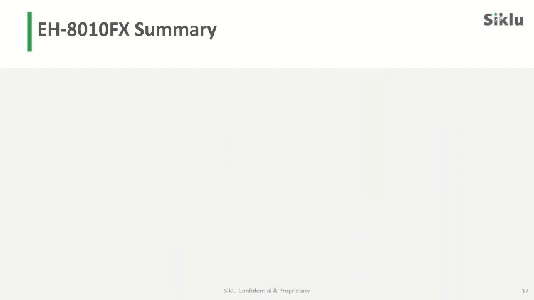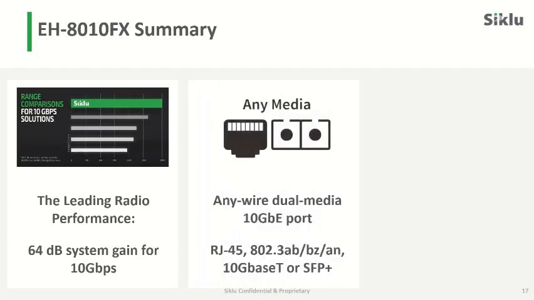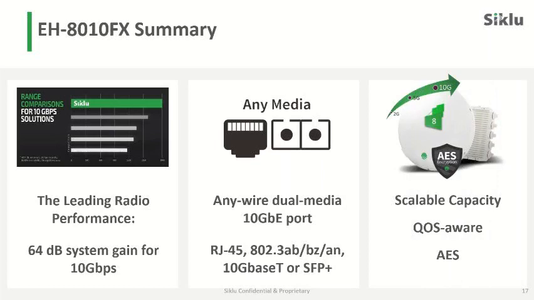So if we want to see again what the main features of the EH-8010FX are, we talked about the leading system gain for the 10 gigabit at 64 dB. We talked about the ability to operate a radio with fiber or with copper port for the 10 gigabit or the lower speeds. And we talked about the scalability of the performance, the QoS engine, and the AES. We are going to proceed next with the